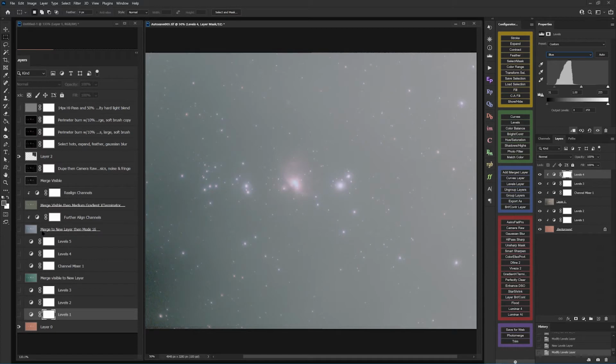Then once again, I do another merge to a new layer, and this is the point where I do a 16-bit mode shift, 16 bits per channel. And that's because I really want to start looking at the histogram. We've got this histogram in the properties panel for the levels, but I want to look at the one that gives the RGB histogram side by side, and you can't do that in 32-bit per channel mode. So let's create our merge layer,